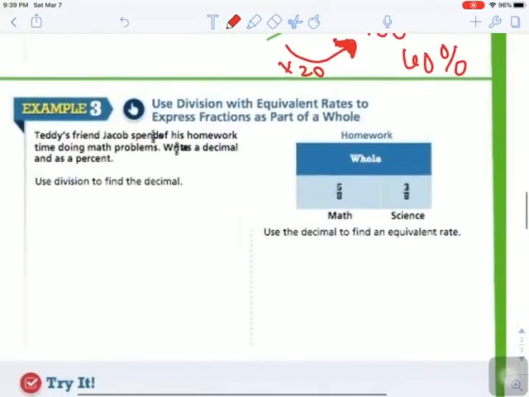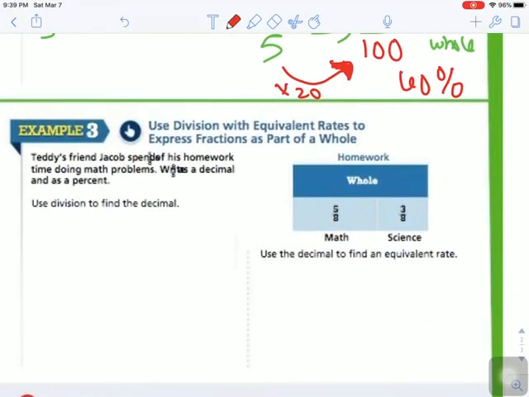All right, so last one, Teddy's friend Jacob spent, I think that is 5/8 of his homework time doing problems. It wants us to write 5/8 as a decimal and as a percent. So first I want you to use division to find the decimal. So what would our decimal be here? If you have 5/8, go ahead and use your calculator. And we would have 0.625. And then it says to use the decimal to find